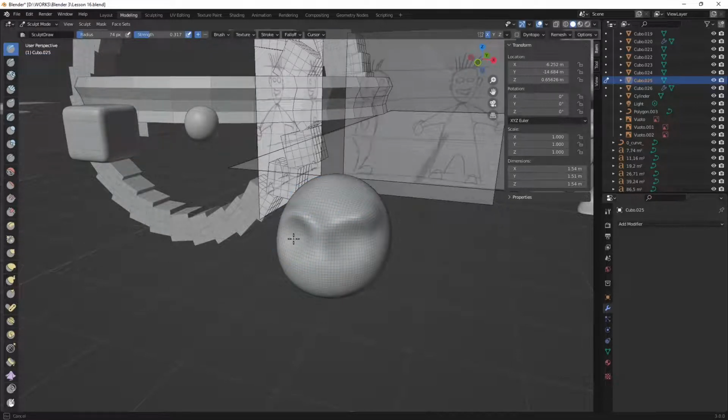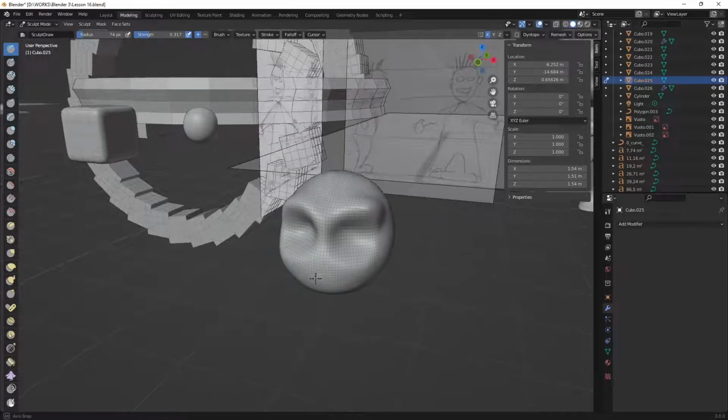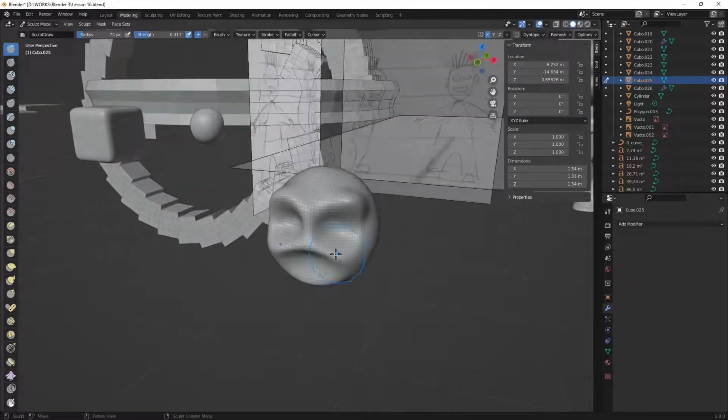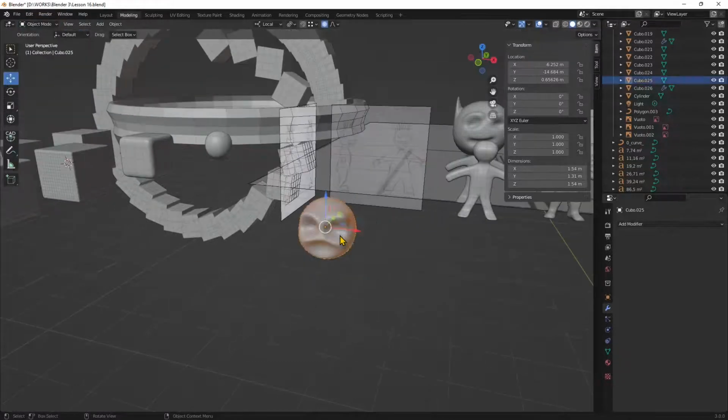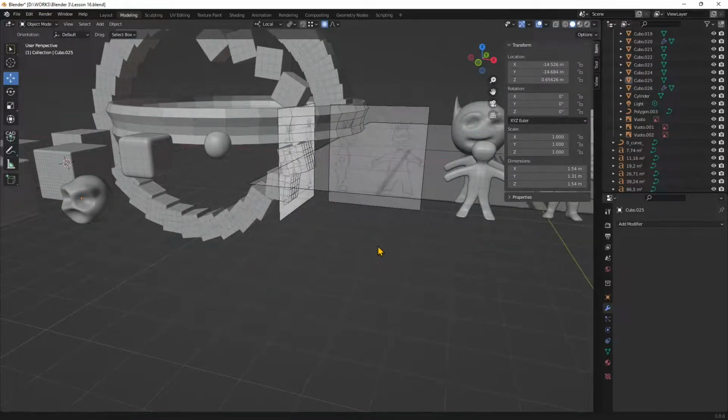I'm just going to work on one side, and this is going to mirror what I do on one side to the other. So it's really handy, and we can use it also in the modeling part. So I'm going to place this in another position, and let's use a